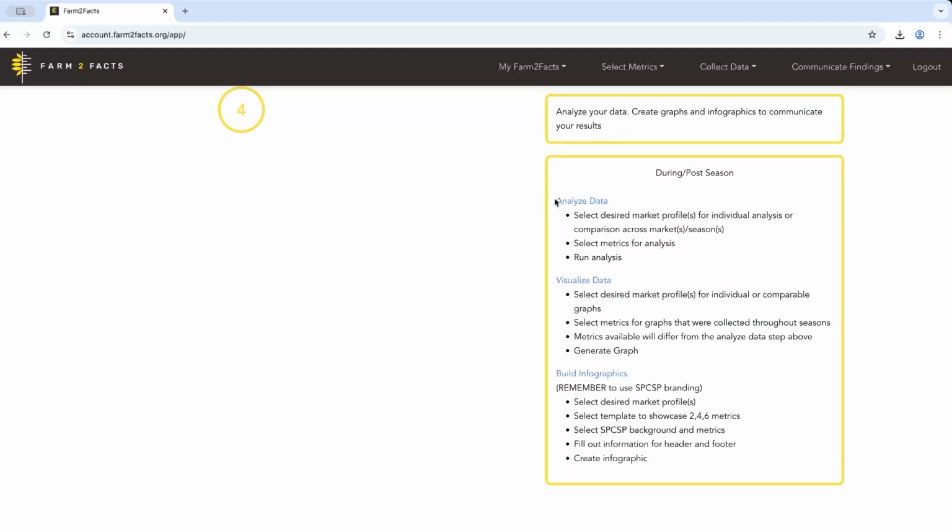The Analyze Data tool and the Visualize Data tool do very similar things. Both of them involve selecting your market profiles and the data metrics that you'd like to analyze. Where they're different is that the Analyze Data tool produces a data table, whereas the Visualize Data tool produces a graph, something a bit more flashy, a bit more visual that you might like to include in a presentation to